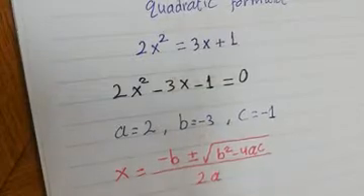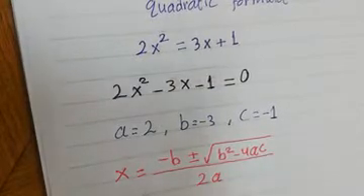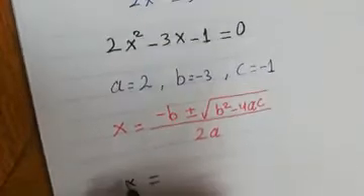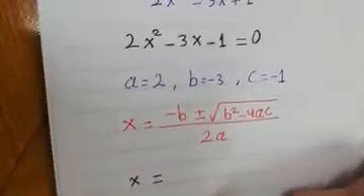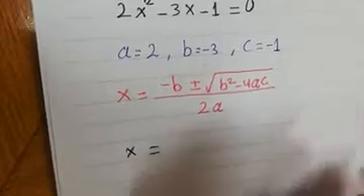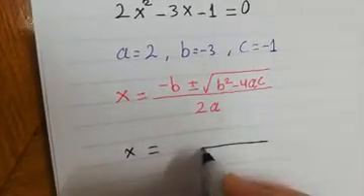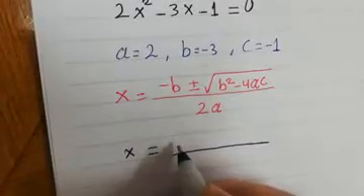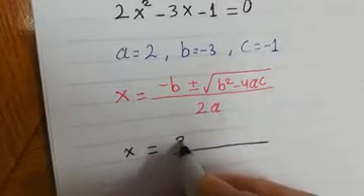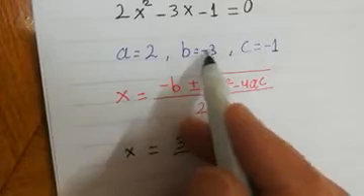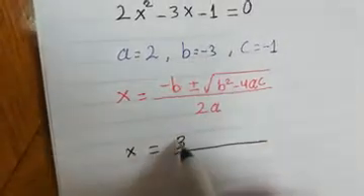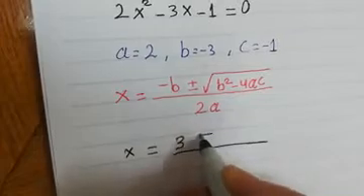Now replace these coefficients by the numbers. So x equal negative b, it will be positive 3 because b is negative 3, so negative multiplied by negative 3 will be positive 3, plus or minus